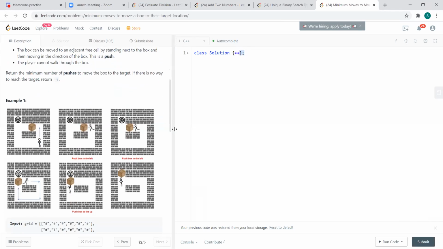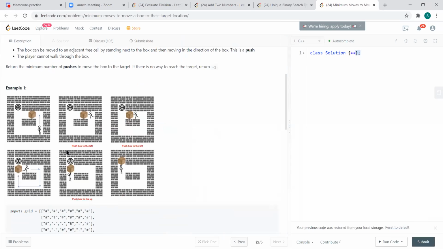Okay, so if you look at this example, what they've shown here, let me see if I can annotate here. Okay, so this is the box, and this is the player. So now the player is standing over here. As the example represents, we will have to bring the player and make him stand beside the box.